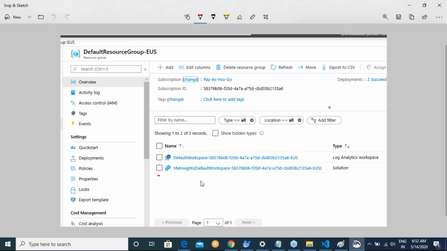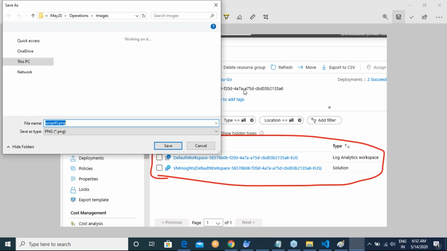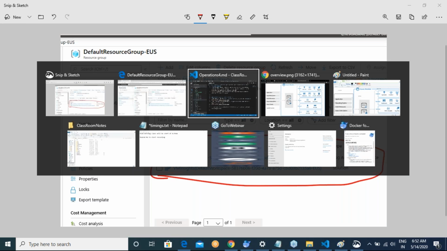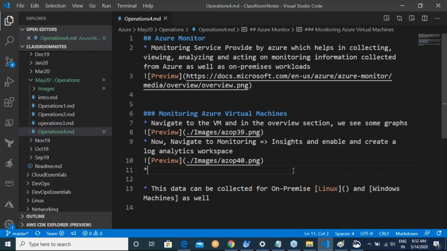There are two resources that are created. One is the Log Analytics Workspace. The other one is the VM Insight Solution. These are the things that get used whenever you want to use the virtual machines. So after creation, wait for the insights to be enabled.